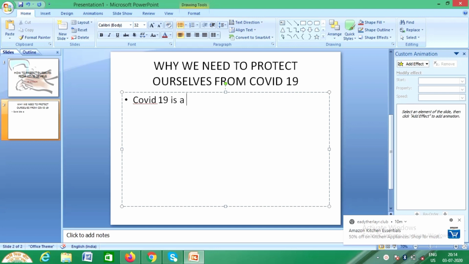So COVID-19 is an infectious disease caused by a newly discovered coronavirus. So this is the definition of COVID-19.